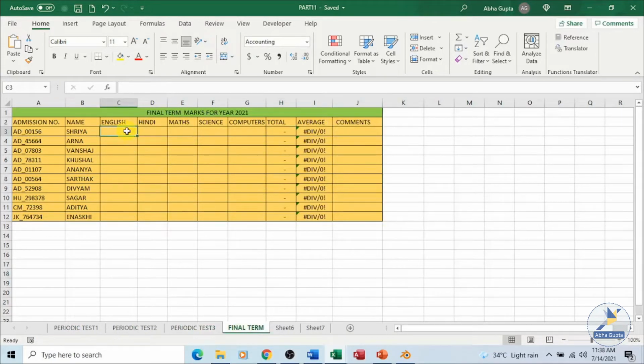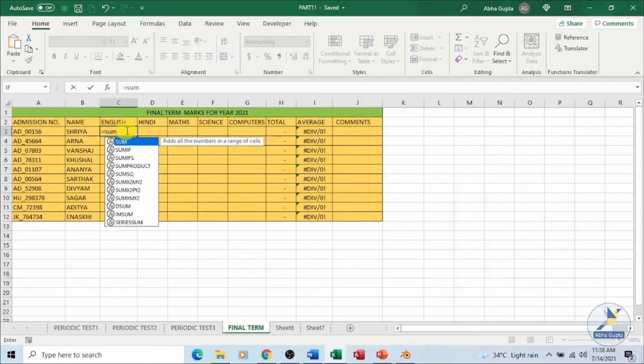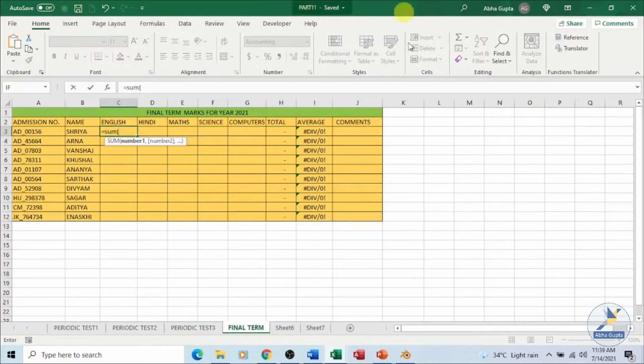So simply we are going to make use of the sum function, equal to sum, open the parenthesis. Now whenever we are making use of a cell reference, we write the cell address over here. But if the data is present on a different worksheet, then we will include the name of the worksheet also while we are writing the cell reference.